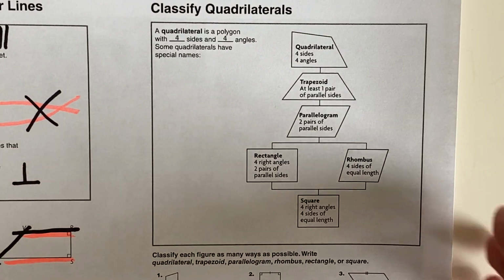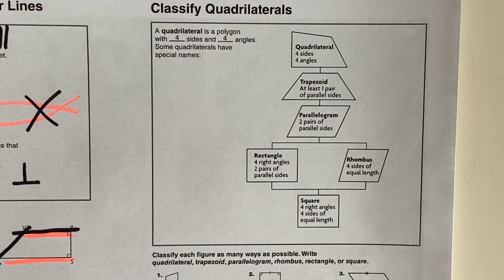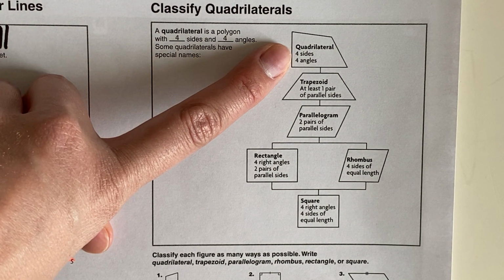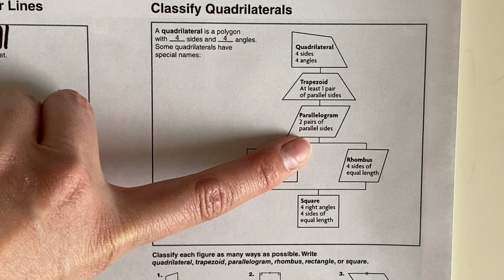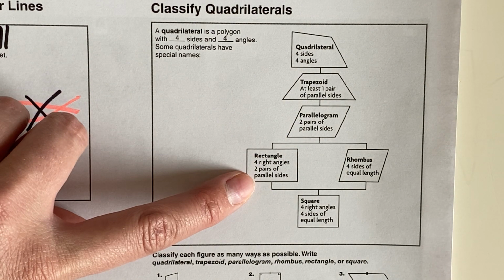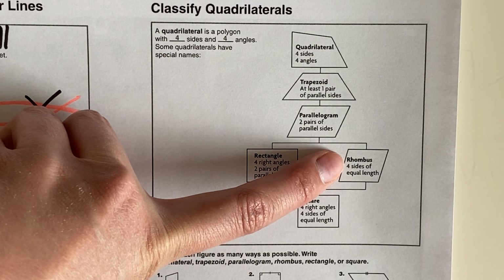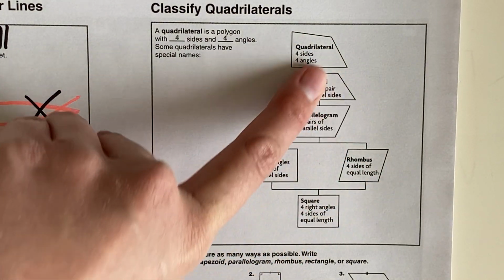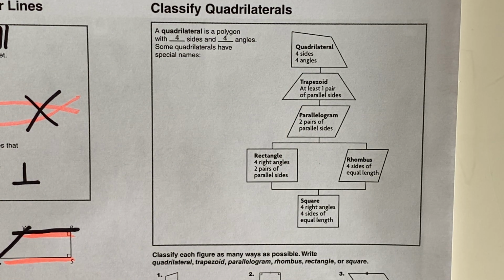The next lesson is quadrilaterals. A quadrilateral is a polygon with 4 sides and 4 angles. Some quadrilaterals have special names. So, quadrilaterals, 4 sides, 4 angles. And it breaks it down for you. There are trapezoids, parallelograms, rectangles, rhombuses, and squares. These are all quadrilaterals, but they have different